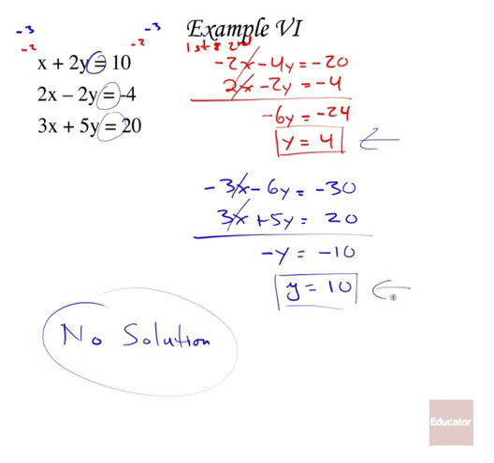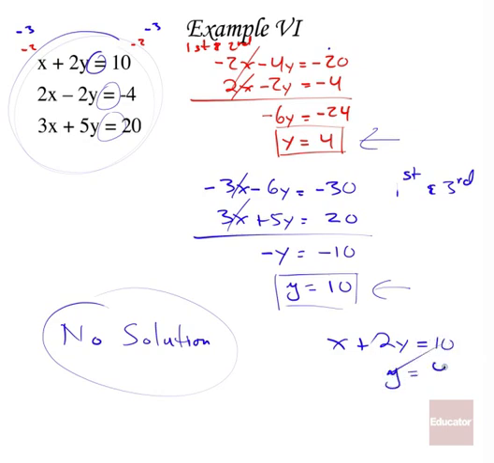These have to be consistent. First and second, this is first and third. Again, we're looking for this whole thing. What we just did here is the equivalent system that we've transformed it to is x plus 2y equals 10, y equals 4, y equals 10. There's your inconsistency. Okay, so